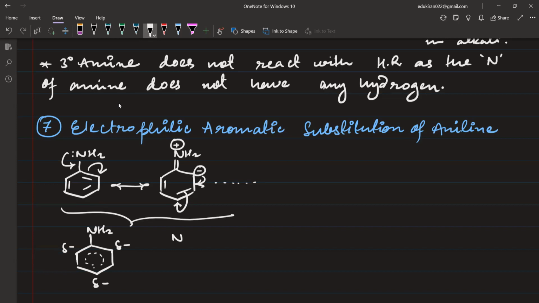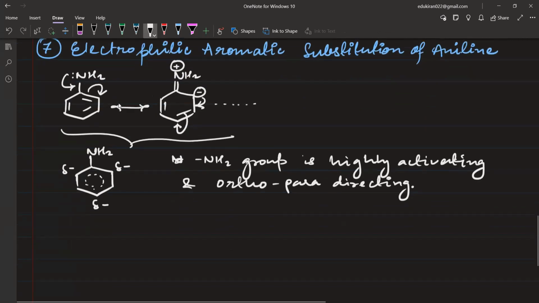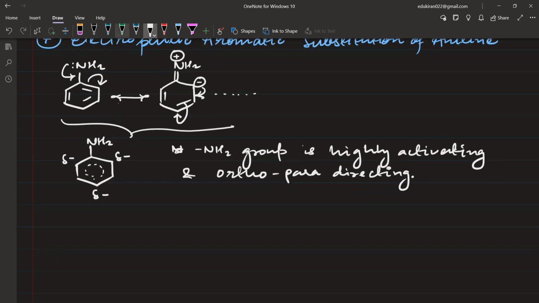Therefore, we can say that the NH2 group is highly activating and ortho para directing. And it is so activating, and it increases the electron density at ortho and para positions so much that if I do simple electrophilic aromatic substitution, for example, if I do bromination,